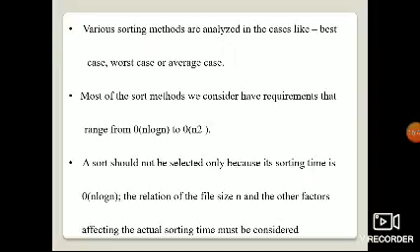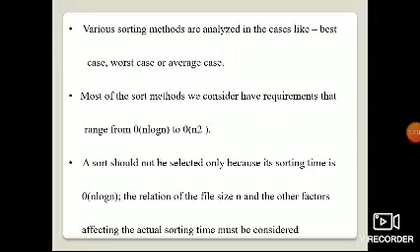The maximum time to execute the given list is the worst case. Average means between the minimum and the maximum time to execute the given list, and it is called the average case.